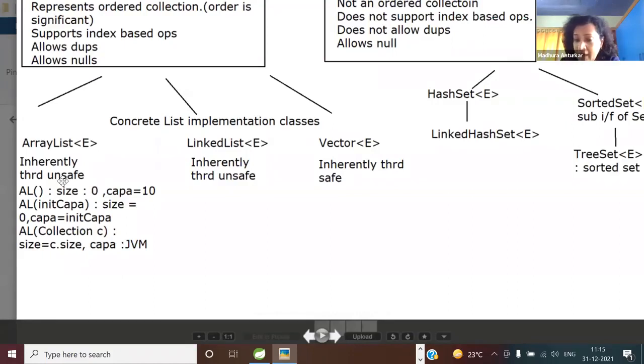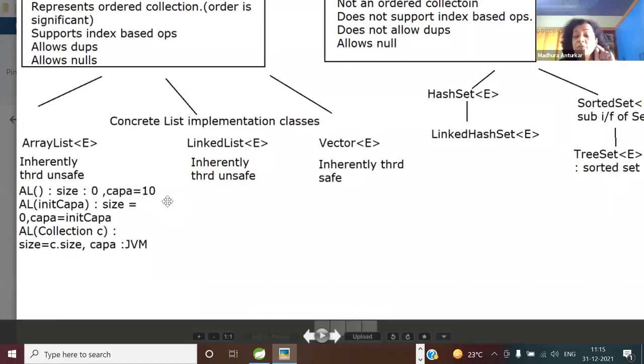When you create an ArrayList using the default constructor, there are two features: one is the size and one is the capacity. So when you use the default constructor, what will be the value of the size? 0. And what will be the value of the initial capacity? 10. Okay.